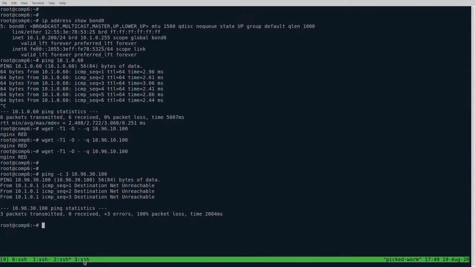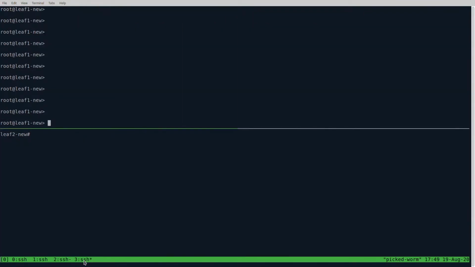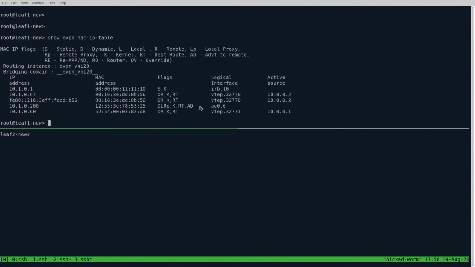Now let's also take a short look at the configuration of the networking devices that allow for this connectivity. So first off, the leaf one switch, which is Juniper, and some of the interesting commands that we might issue is, for example, show EVPN MAC IP table, where we can see the mapping between IP addresses and the MAC addresses, and these are the addresses learned by using EVPN that are located on different servers in our data center.